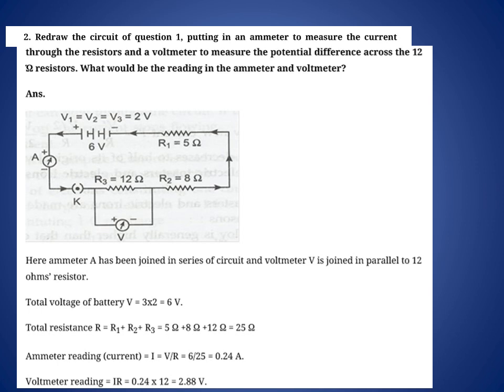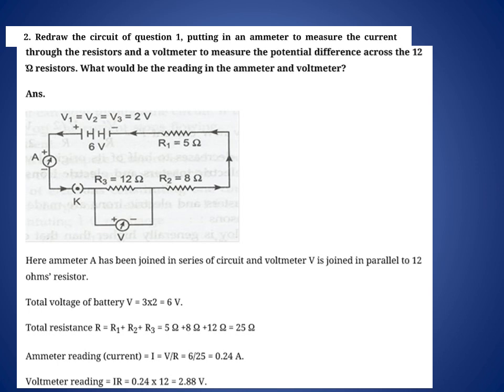But here, my dear student, one thing I want to say: if you want to solve such numericals on resistance, current, voltage, potential difference, the first thing to do is find the total resistance, then total current, and total potential difference. If you are ready with these three basic things, total current, total potential difference, and total resistance in the circuit, then you can easily find out other things also.